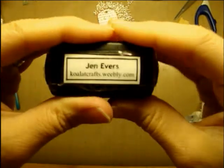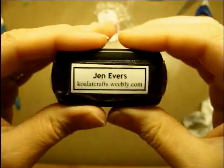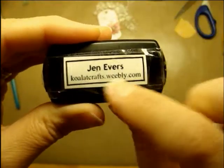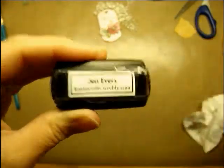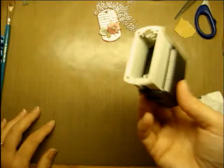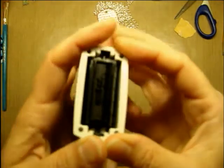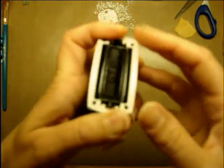Whoops! I just got my camera all wet with my baby wipe. I've got this stamp that I ordered. I can't remember where I got it from. Anyway, it's got my name on it and the name of where I sell my crafts, qualitycrafts.weebly.com, and I want to put that on the back of my tag so she can remember who made this for her. But I know that this is just coming with regular ink, so I'm gonna pull it out like this,